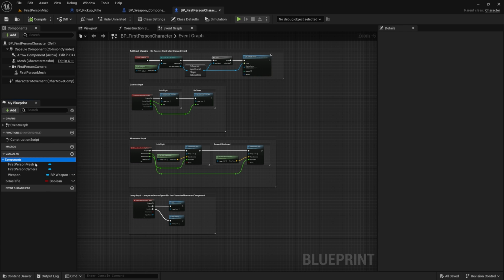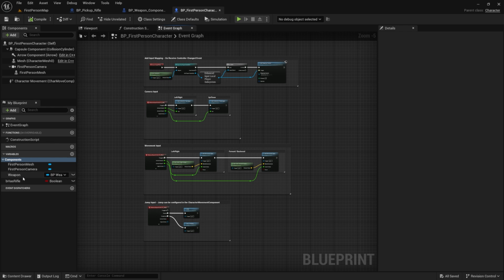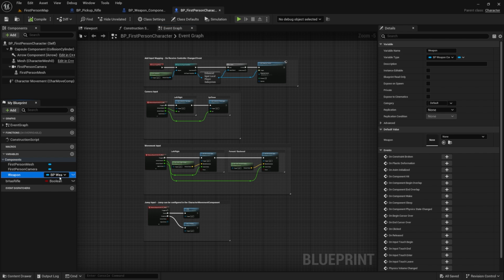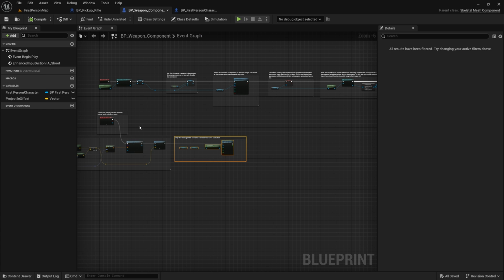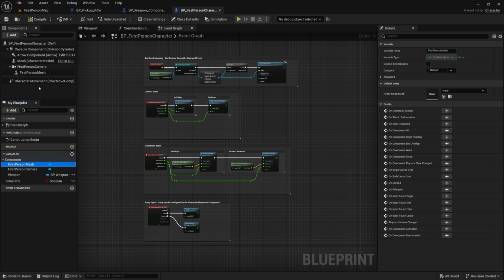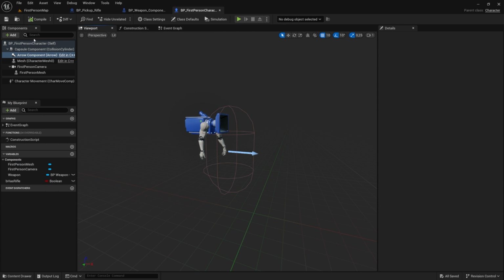So here we have this type of components. It seems that they have also been created. This is a blueprint weapon component, which is the one that has already existed here, but it's an empty variable, I believe. Yes, it's completely empty. So what we're doing is basically filling this variable. Yeah, and in our viewport, we only see the